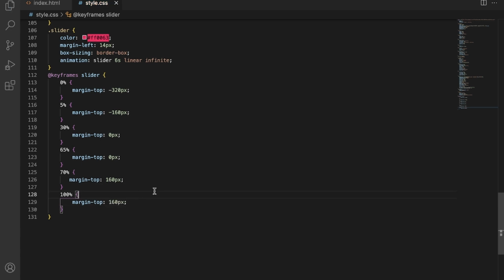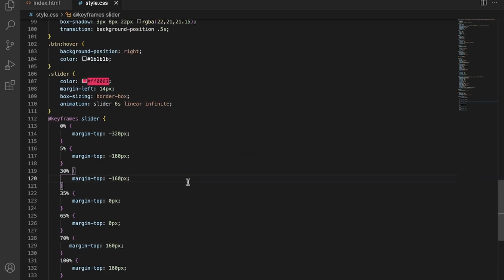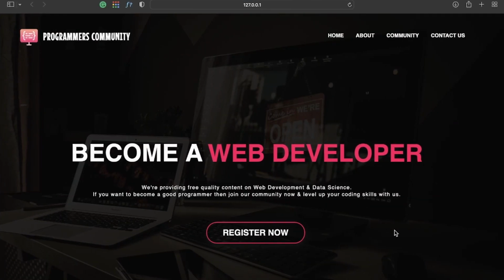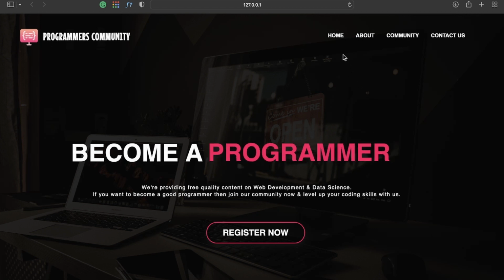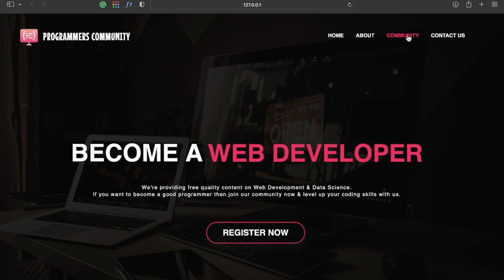Now just save it and let's check the output. Wow, now we have successfully created sliding text effect using simple animation property. Now this landing page looks really very great.